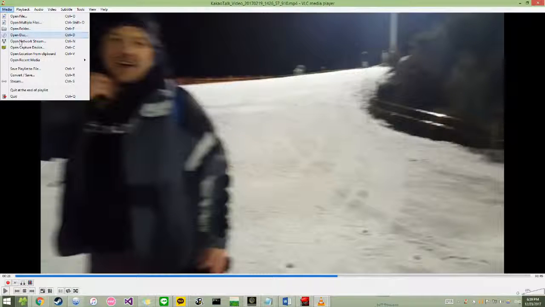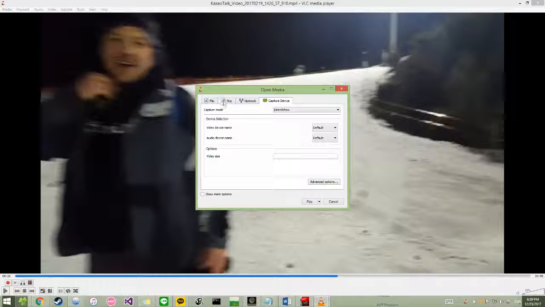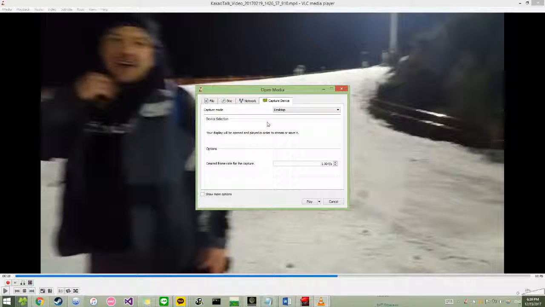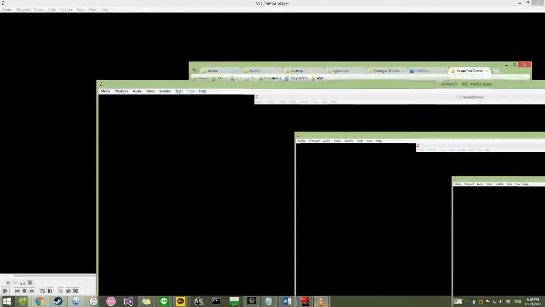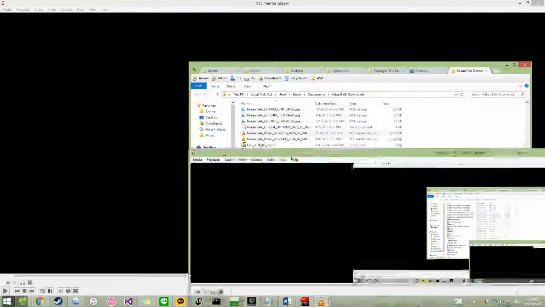So not only can it be used to record video, but if you select Open Capture Device, you can select Desktop as the capture mode, and then select the frame rate, then you will be